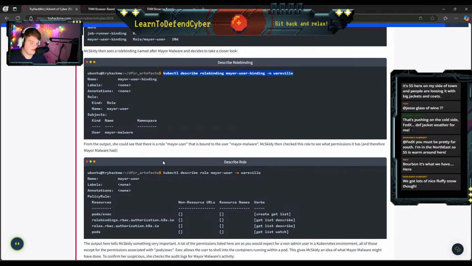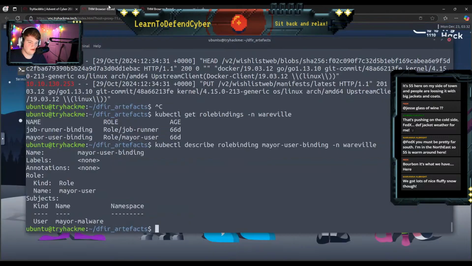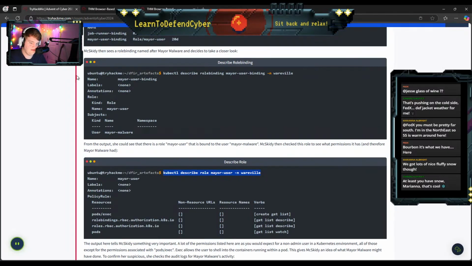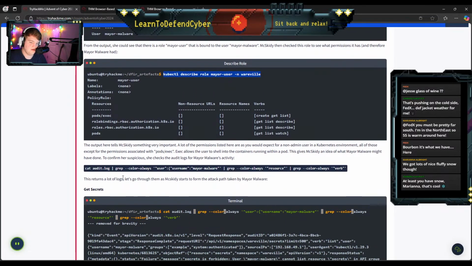Then we're going to check the role to see what perms are there. We're going to describe the role using a similar command. We'll copy that, paste it over here. So he can create, get, list pods. He can get, list and describe role bindings. He can get, list and describe roles, and he can get, list and watch pods. That seems pretty normal, right? From the output,